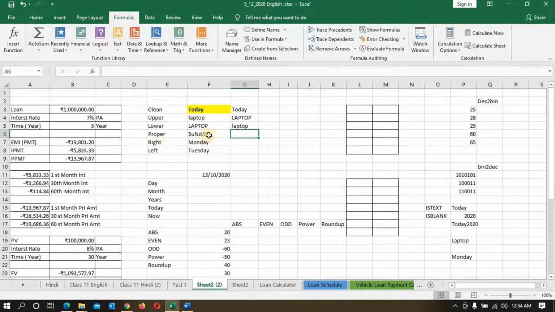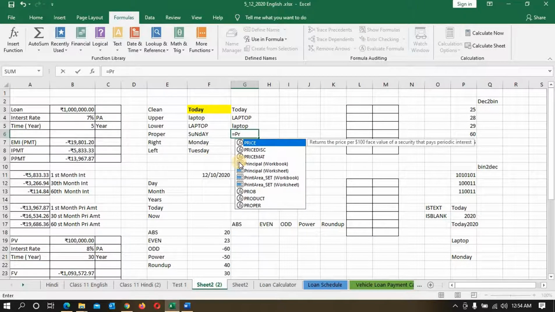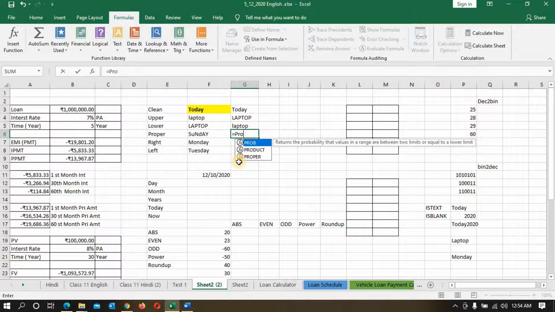Then proper, because I put some different letters in different cases. So whatever one word it has to be, it will come as proper. So we'll put proper, and then we'll put here the text and enter.